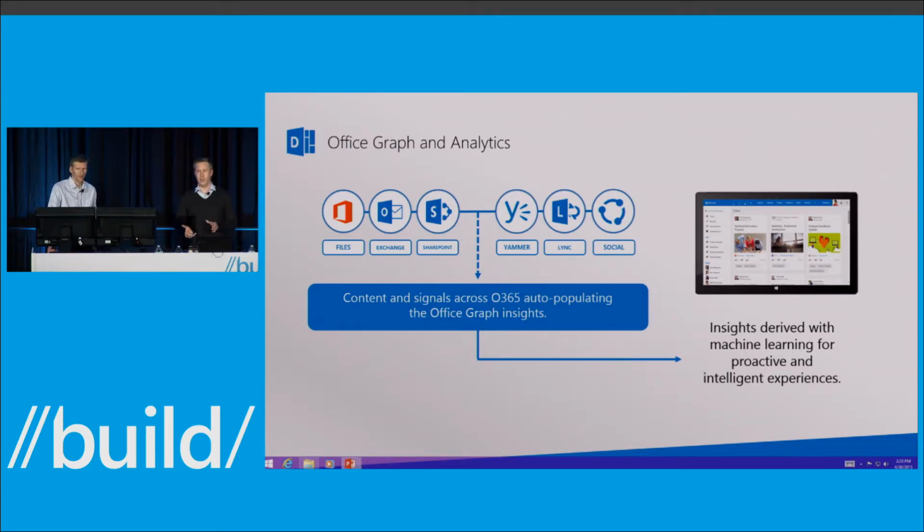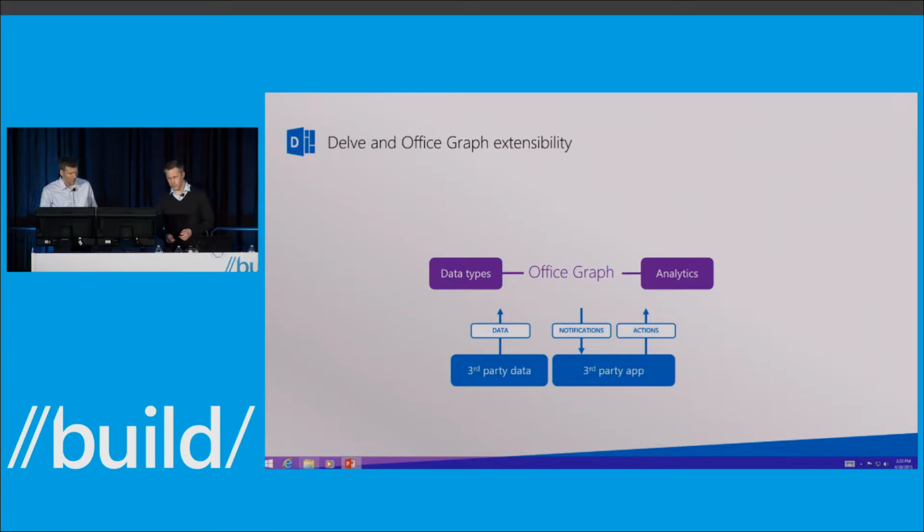So far we have talked about data that is inside of Office 365. Now we will expand our scope and look at extensibility options. And that is, how do we bridge the gaps to also include data that lives in other services? Right, so I've plotted out here the extensibility options and the extensibility points we have with the graph and with Delve. So first of all, the big news really going forward is that you can add your own data to